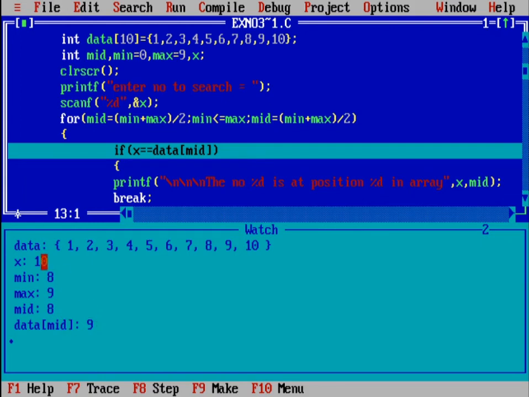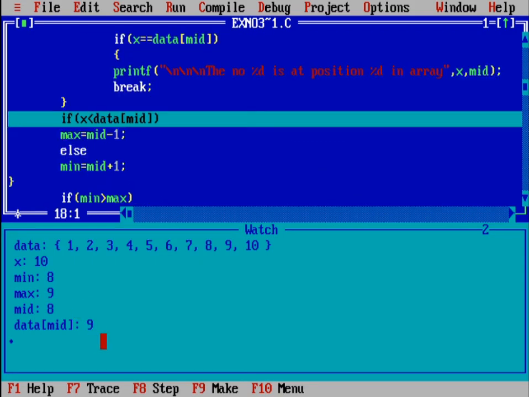Are they the same? x is equal to 10 and data of mid is 9. No. Again we compare x and the data of mid. x is again larger, so again we are going to change the min. Min is mid plus 1. What is mid? 8. So 8 plus 1, 9.